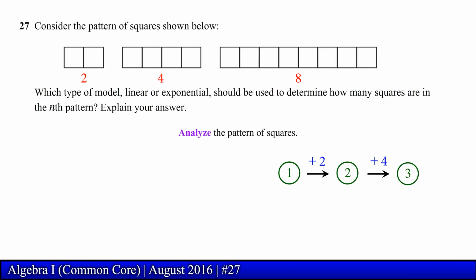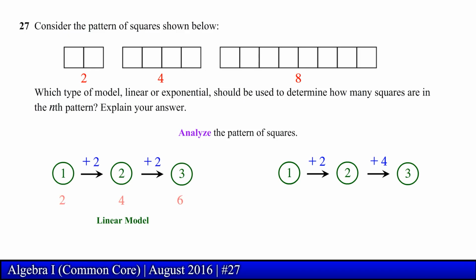If this pattern were to follow a linear model, then we should be adding a consistent number of squares. In this case, we should be adding 2 squares per iteration. At this rate, the third iteration should have a total of 6 squares and not 8. Since the pattern does not increase at a constant rate, we cannot use a linear model to determine the nth